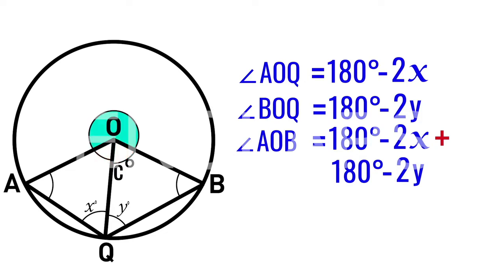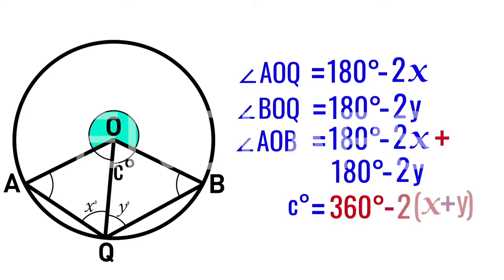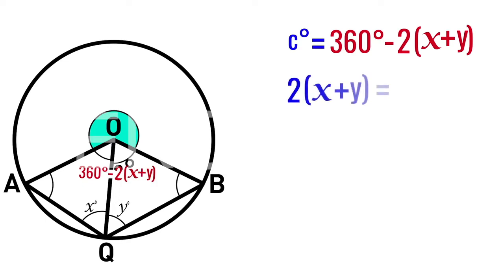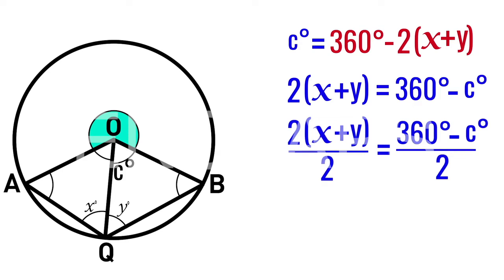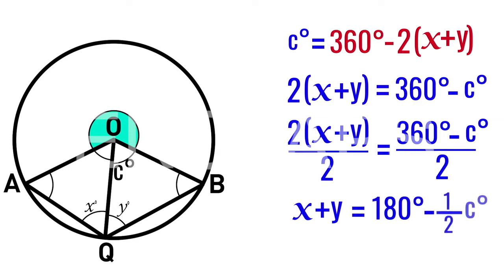C is equal to 180 minus 2x plus 180 minus 2y, where angle AOB is C degree. C is equal to 360 minus 2x minus 2y. That is 360 minus, if we take 2 common outside, 2 into x plus y. 2 into x plus y is equal to 360 minus C. Now dividing both sides by 2, we will get x plus y is equal to 180 minus half of C,